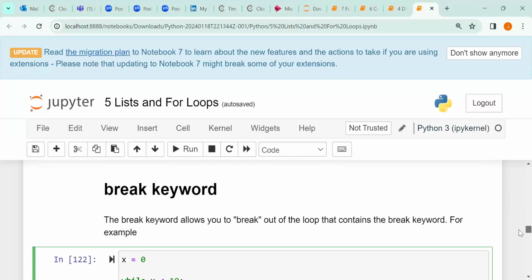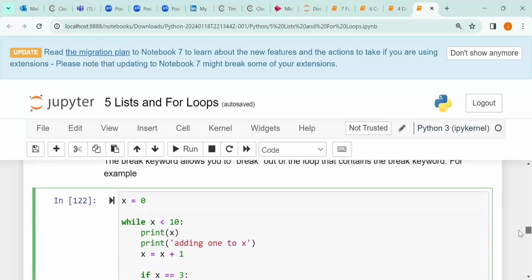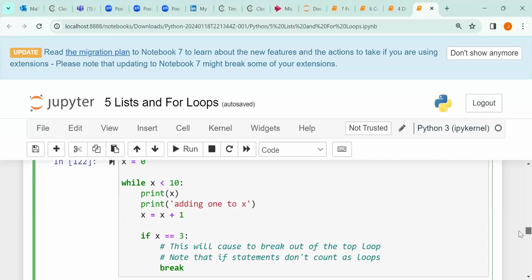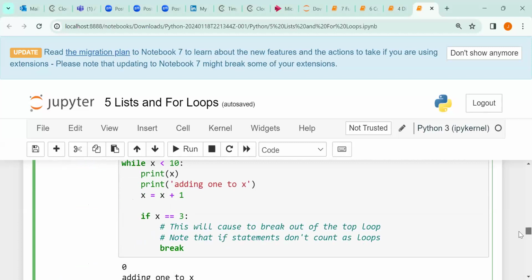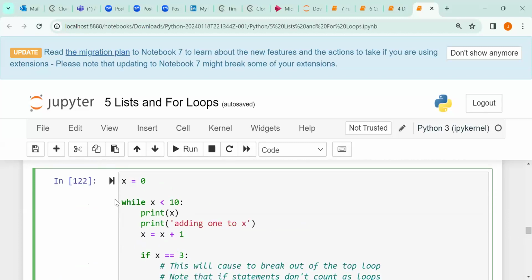So moving on, for the break keyword, I explained that you can add it once you want a condition such that when a condition is met, you want to break out of the loop. Just as we can see here, we want to print numbers from 0 to a value less than 10 using a while loop. That is what is occurring in this first part of the code. So you are printing numbers from 0 to a value less than what? 10. But now,